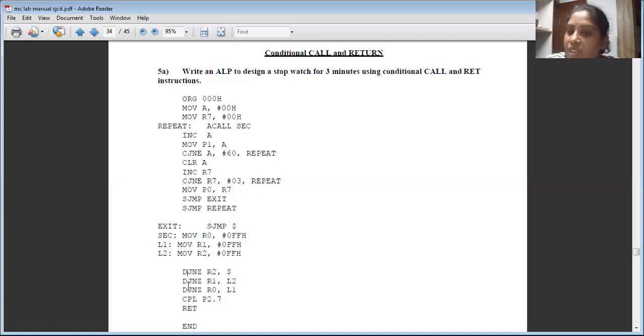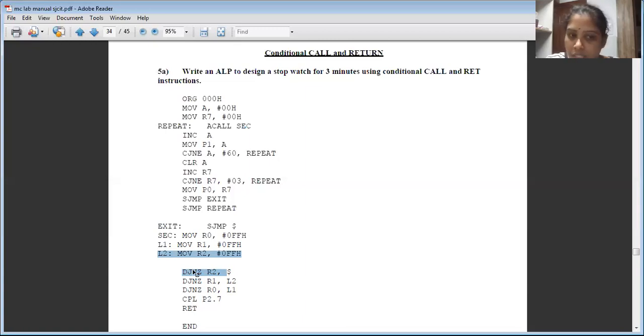Now the next instruction is DJNZ, which represents decrement jump if not zero. DJNZ R2 means you have to decrement the R2 register. If the content of R2 is not 0, you have to repeat the same instruction, that is, jump back to the previous instruction. That means you keep decrementing the content of R2 till it becomes 0.